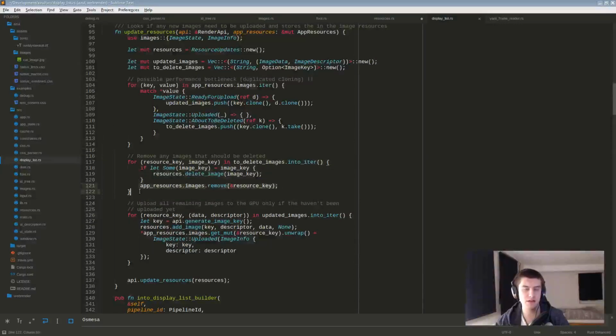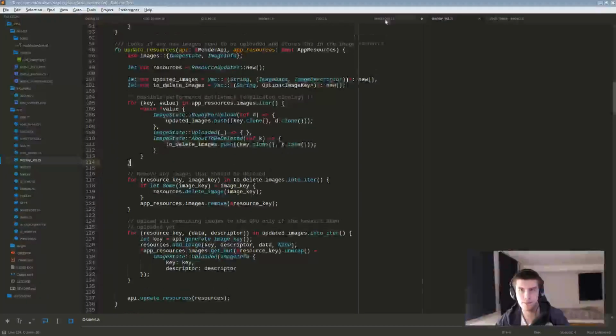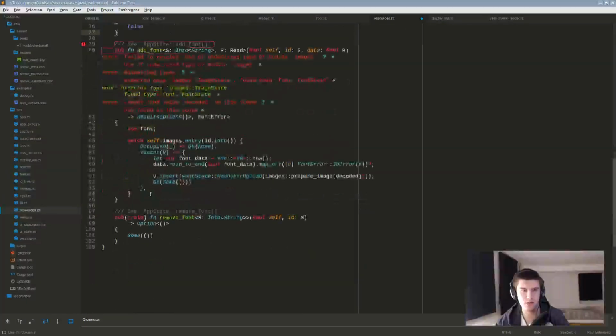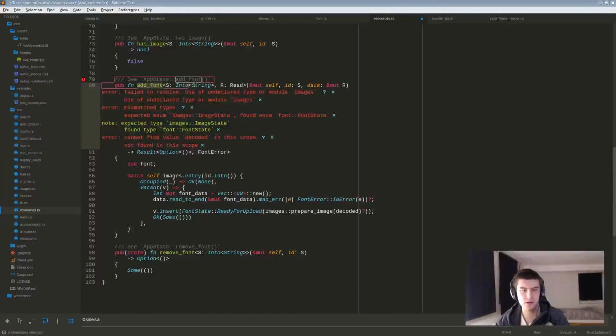If you've deleted it, it would still exist, but here we move it out of the option and leave a None in the place. But hey, resources, so add font, images,